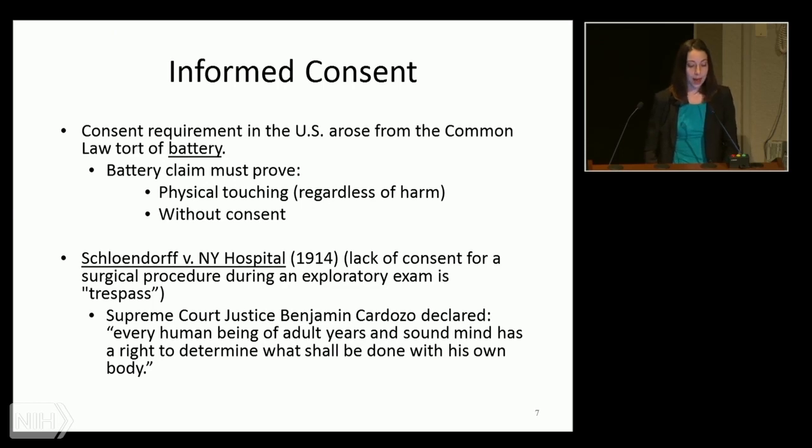And so that was the case where the court considered the additional action by the provider that wasn't known to the patient in advance or agreed to by the patient in advance to be a trespass. And a very famous Supreme Court justice declared in his opinion regarding this case, "Every human being of adult years and sound mind has a right to determine what shall be done with his own body." So that was in 1914, and then I think the idea of informed consent